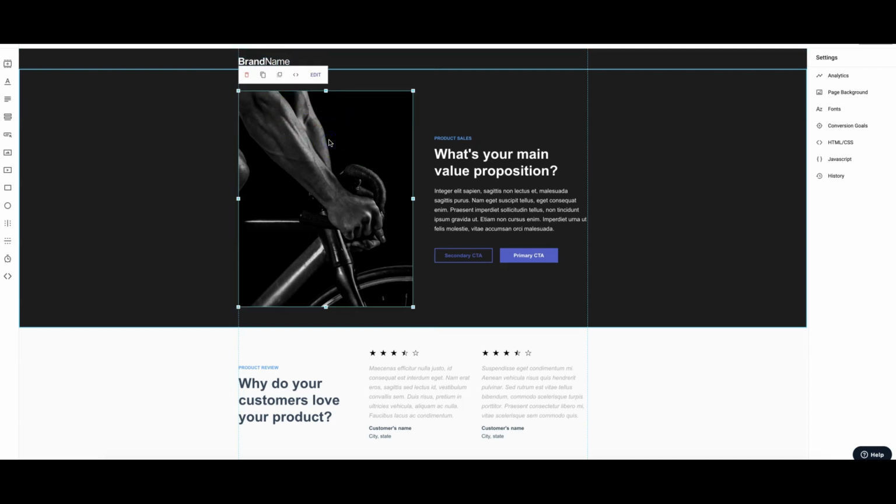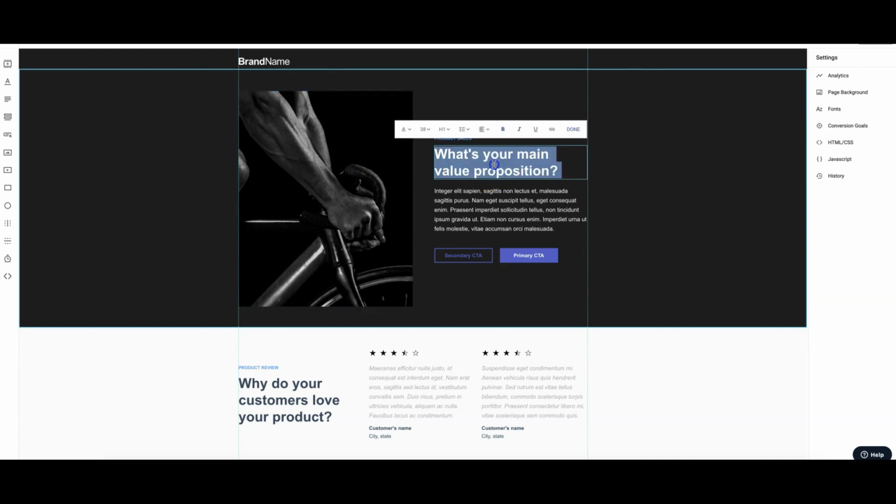We'll have an authentic image here. Very important, no stock photography. So we'll have an image here of your team or your office or your truck out on a job or whatever. It doesn't really matter. Then we'll have your main value proposition, which is your main call to action here, which can be,